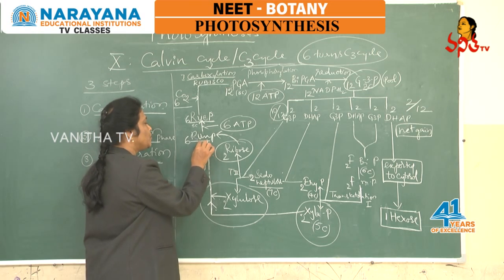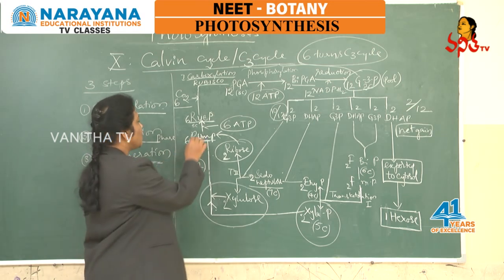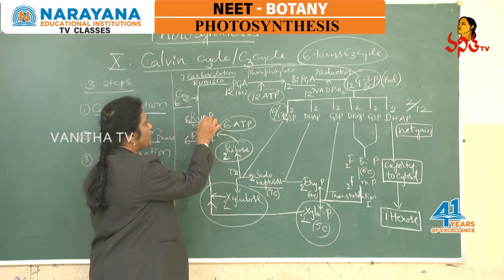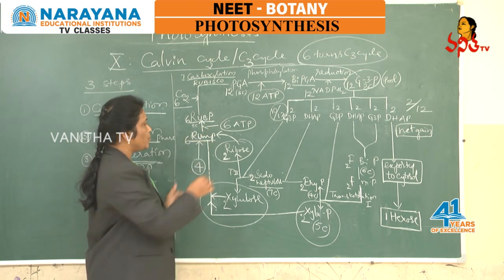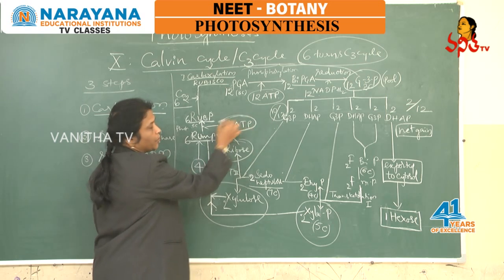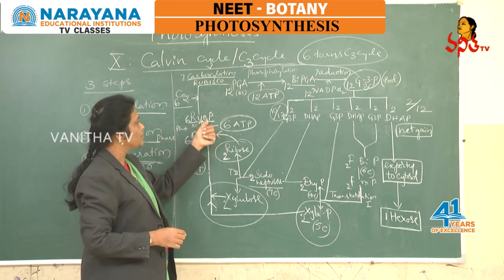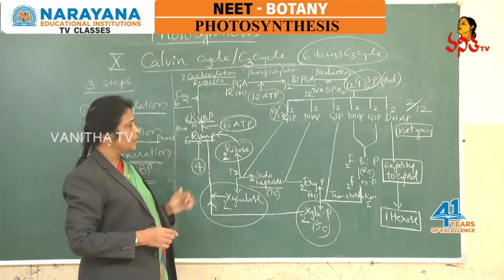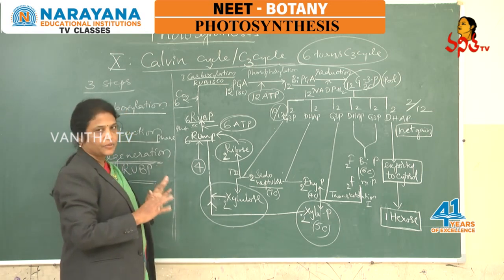Finally, these 4 molecules of xylulose as well as 2 ribose molecules undergo isomerization and form ribulose monophosphate, that is RuMP. And finally, these RuMP molecules are converted into RuBP, and 6 molecules of RuMP here are converted into 6 molecules of RuBP by the phosphorylation process. For that phosphorylation, ATP molecules are utilized, and 6 ATP molecules are utilized for the formation of 6 RuBP from 6 RuMP. So regeneration of RuBP is completed. Okay, and this is the detailed description of the Calvin cycle.